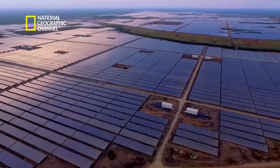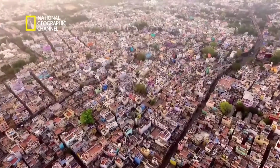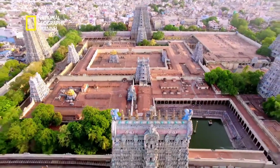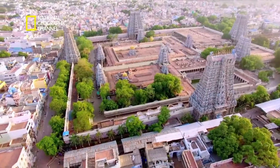So as a solar power producer, our land requirement is huge, and you know land is a difficult task in a country like India, which is highly populous. The solution lay near the South Indian city of Madurai and Tamil Nadu, which is home to a unique structure that has captured the imagination of pilgrims and tourists alike. The Meenakshi Temple,